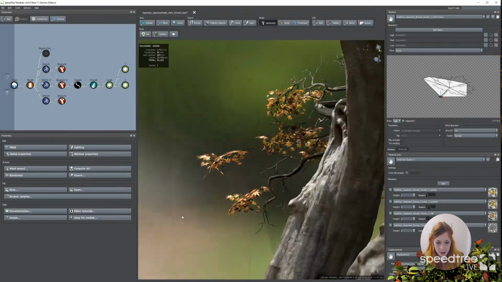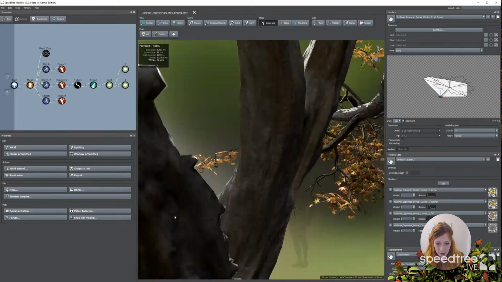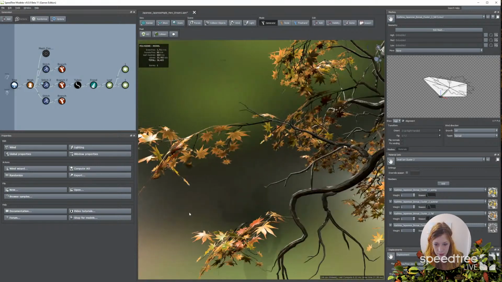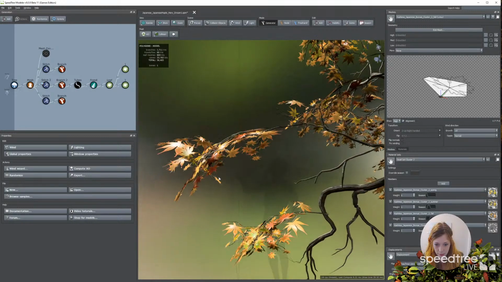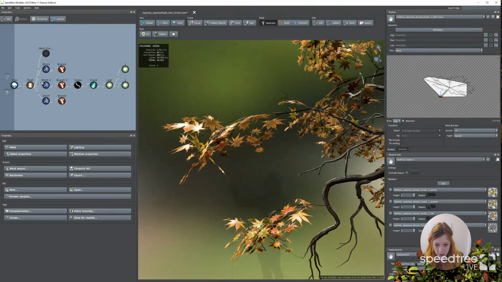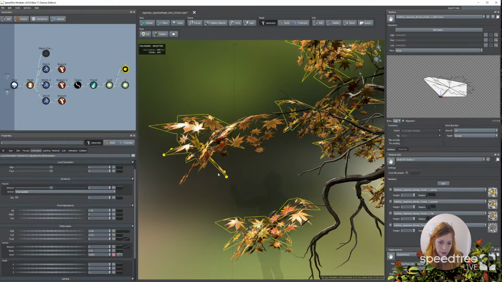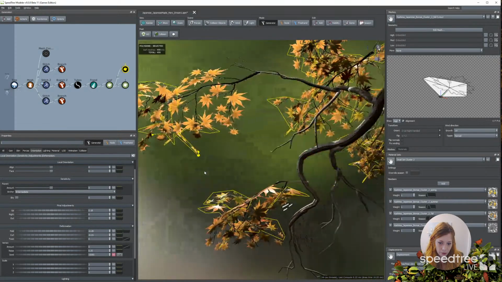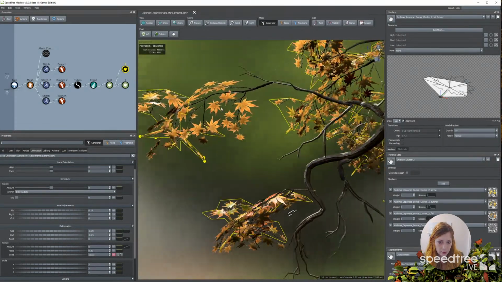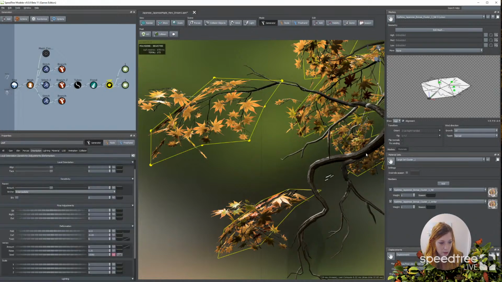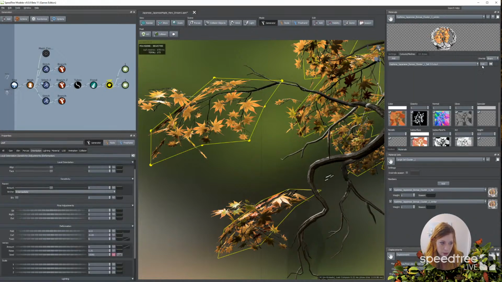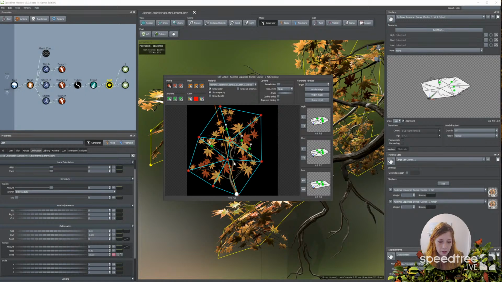All right, and all these guys, after we've got our shape in there, let's see how we did. This is a good one to look at. One of the things I'm seeing from this is that I really want the little one maybe to be farther back on the actual cluster. So I can go back to my main cluster. I can go to the material and I can edit the bar here. So right now I've got